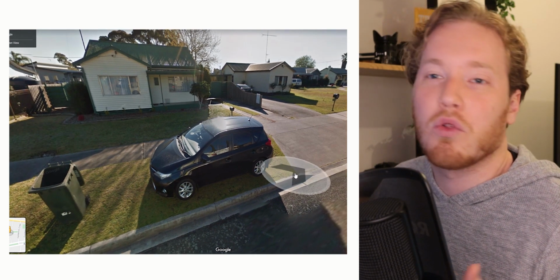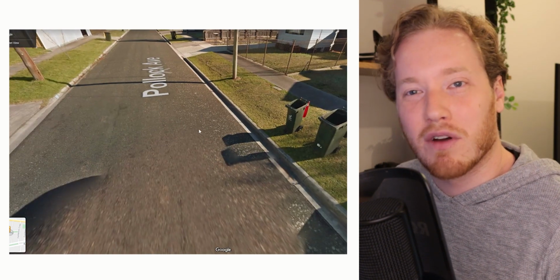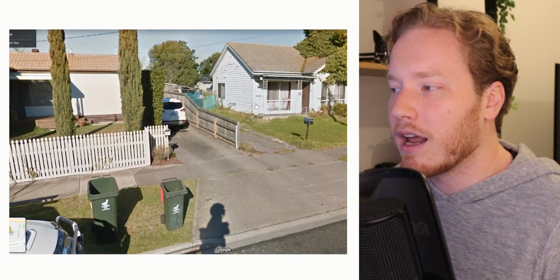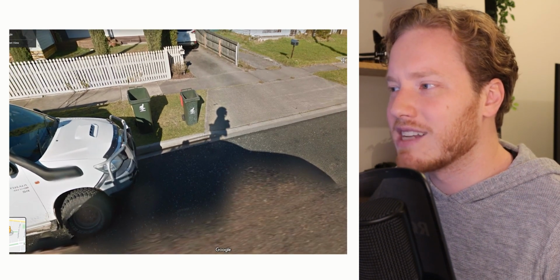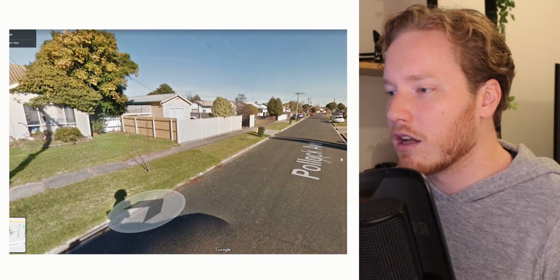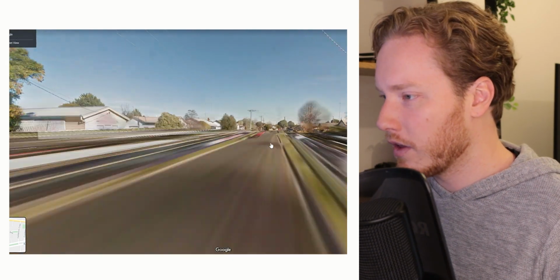Whereas, as you can see here, all the lawns are mowed, which is a really good start. The cars, this doesn't look like the one we saw on the front lawn before. It's a nice, neat little car. But everyone's, except for this one, everyone's garden's been really well maintained. That is just an old house though. They don't have junk lying all over the front lawn and everything like that other one